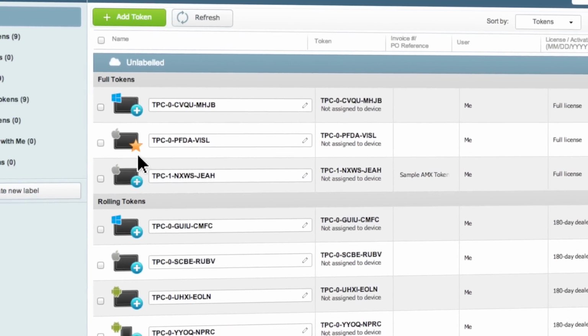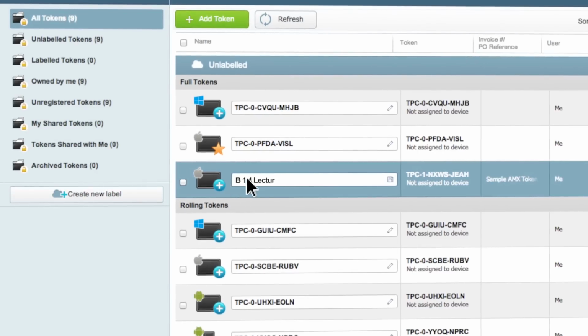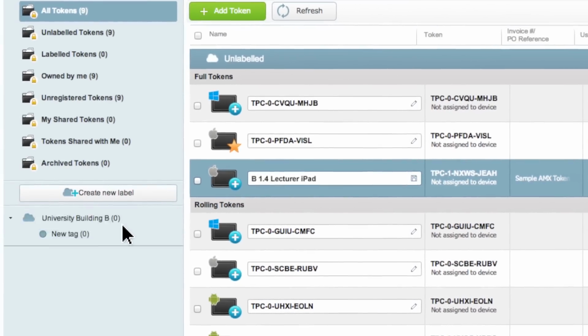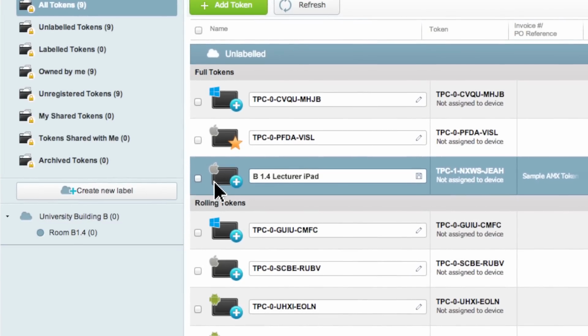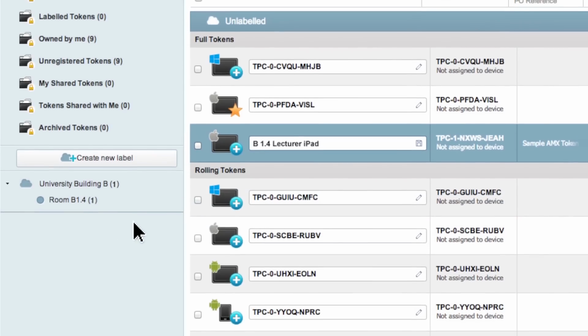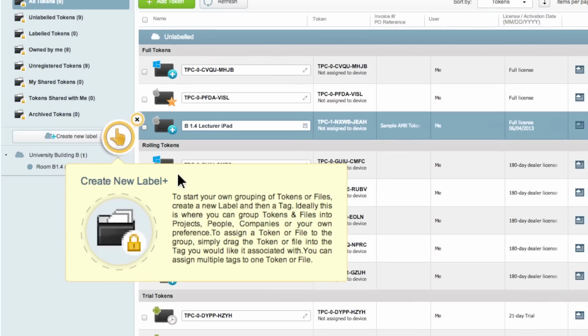It's useful to label and group your tokens to keep your system organized. Enter a token name and hit save. Then create a group label and tag and nest your token within it. This makes filtering and searching easy when working with large token sets. If you're lost or just eager to learn more, view the helpful tips around your screen.